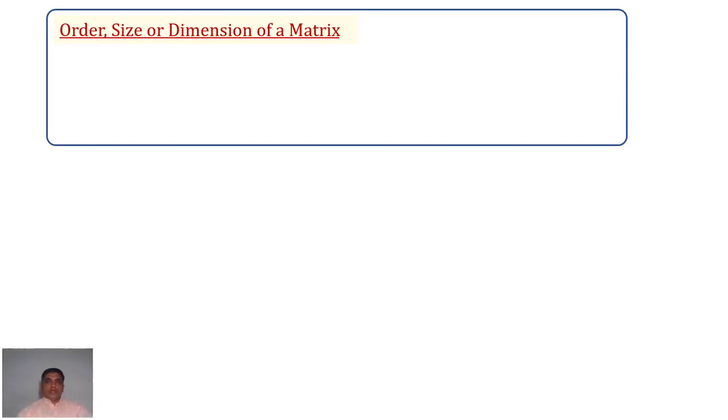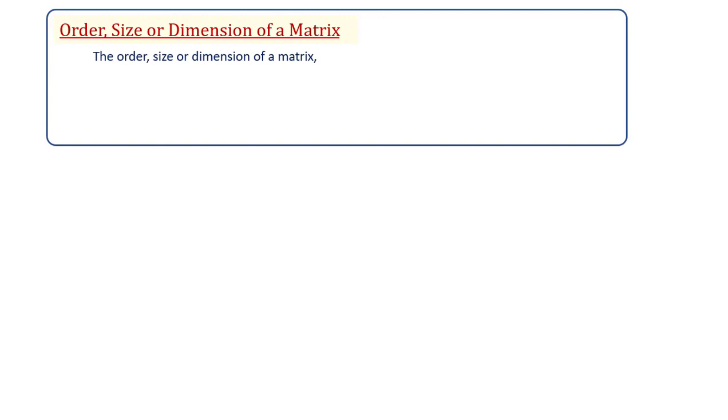Hello everyone. In this lecture we are going to discuss the concept of order of a matrix. Matrices come in different shapes and sizes and we can describe them in terms of their order or dimensions. The order, size or dimension of a matrix, say matrix A, is given as: